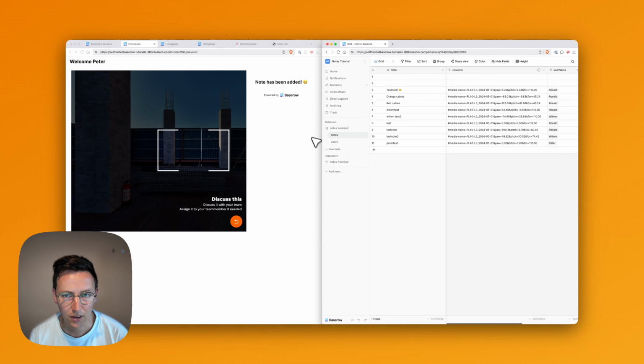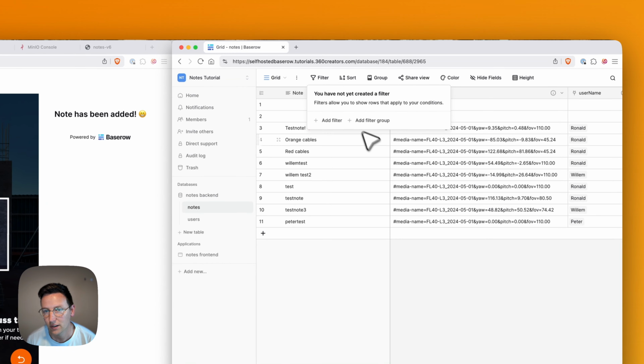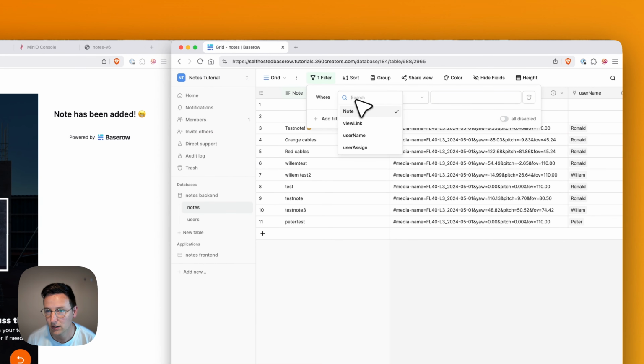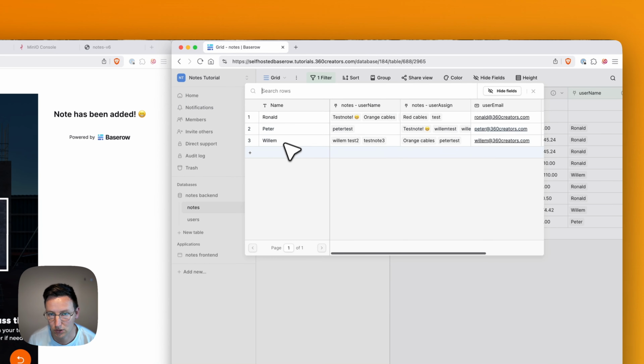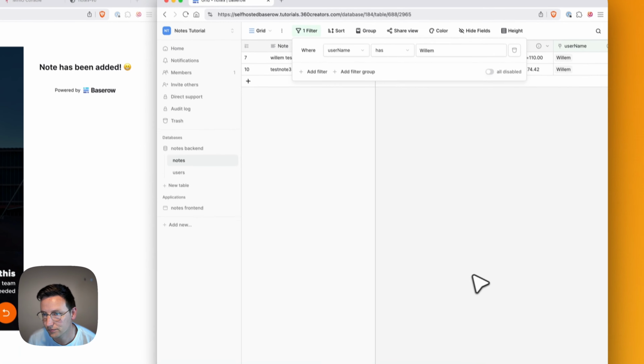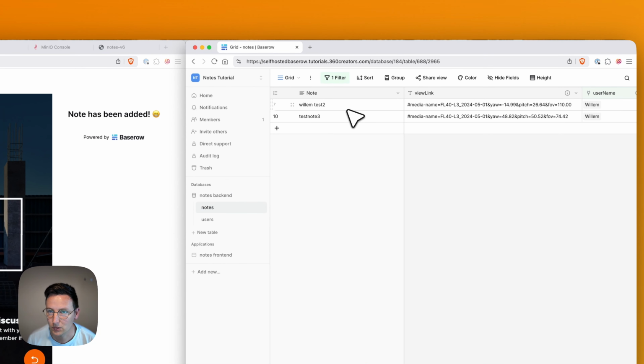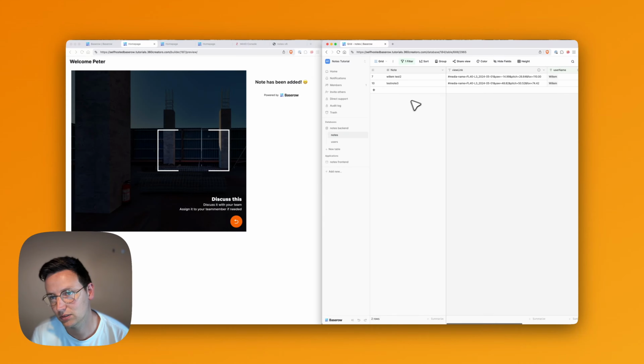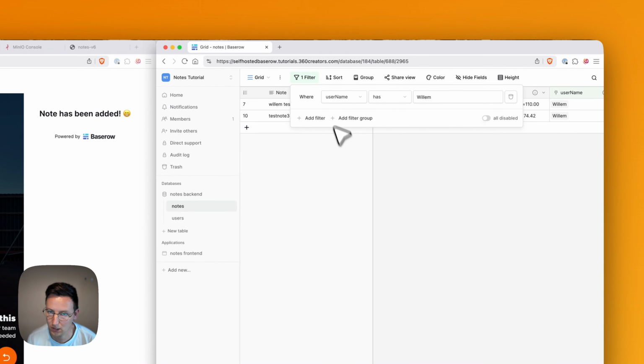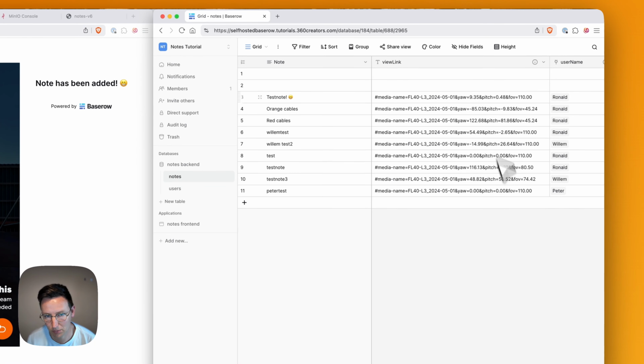So technically speaking, inside the nodes database in here, what we actually want is for the user to say, okay, filter, add filter where username has, and then whatever the user is. So in this case, let's go for Willem. And we want to show these two names on a list so that Willem can see, okay, those tasks I need to do. But we cannot use this like this because this is the backend